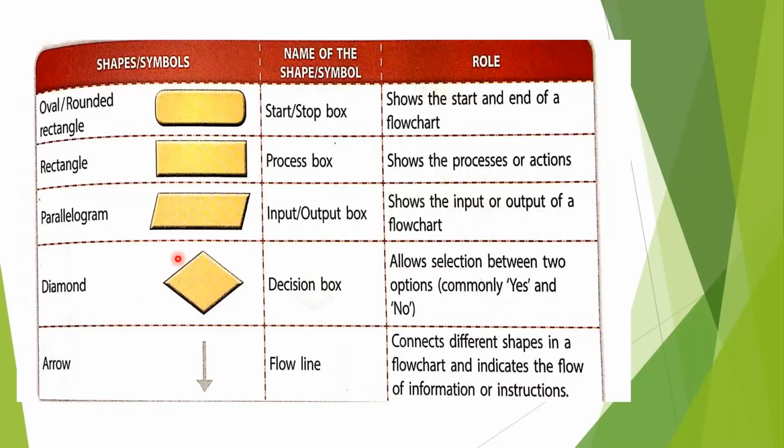And the diamond symbol is the decision box. This is the symbol which you are going to learn this particular week. And arrows, the flow lines, are used to connect different symbols in a flowchart. So start and stop are written in the oval or rounded rectangle, and the rectangle is used as the process box, for doing different calculations. Output parallelogram, input parallelogram. Diamond is decision making, and arrows are flow lines used to connect these different geometrical shapes in a particular flowchart. Now we shall start with the first question.